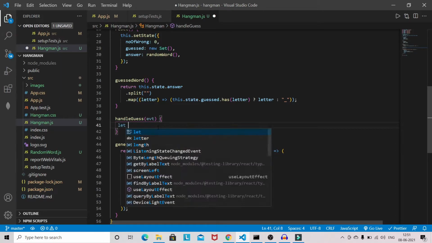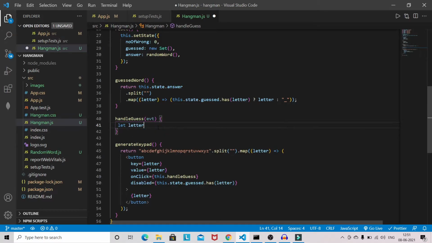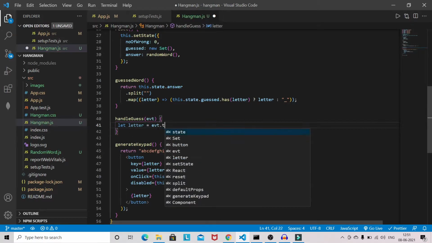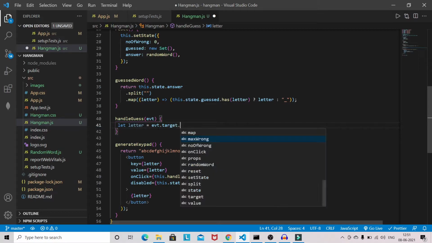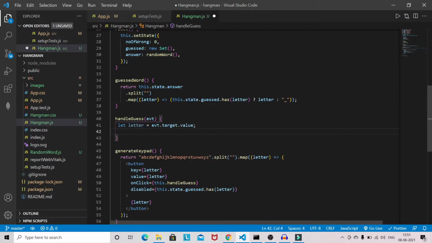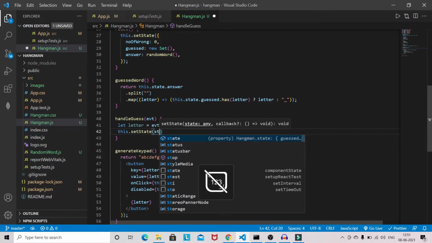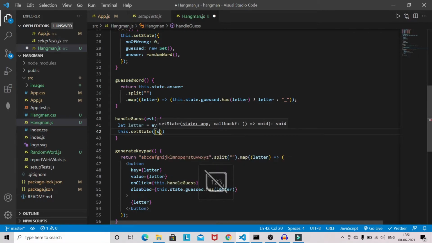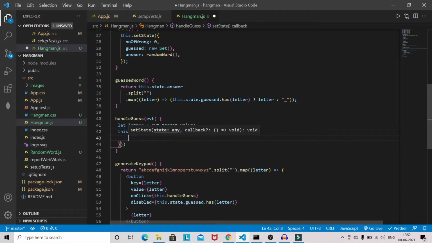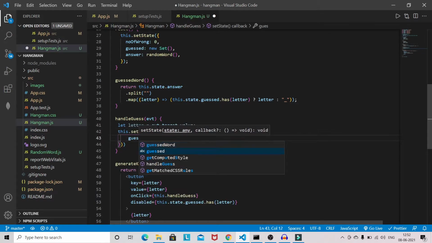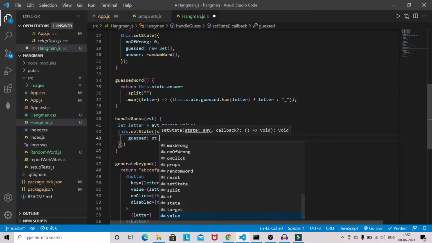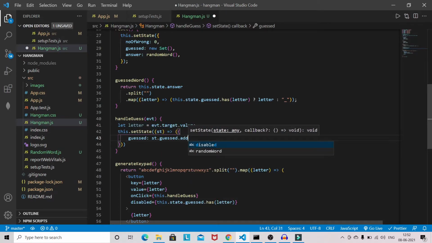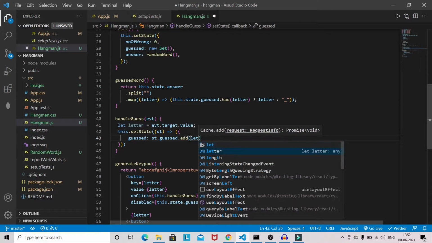So let letter be equal to event.target.value, and we are going to set the state. We have to set the state this way: guessed, st.guessed.add(letter).